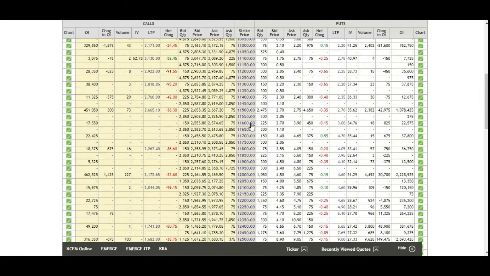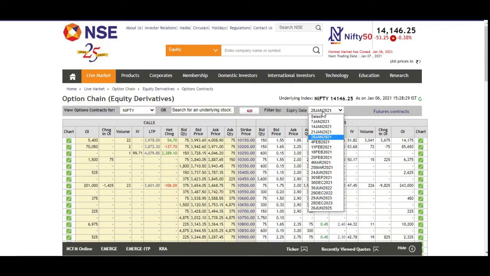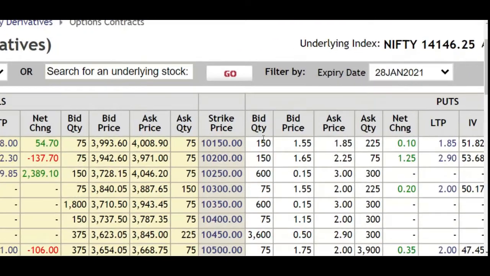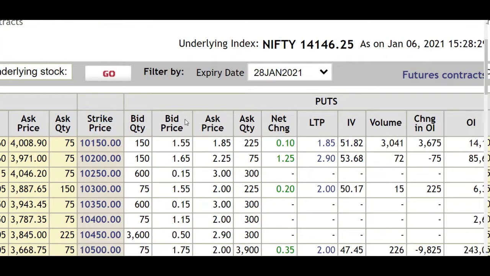Okay, so this is about the different expiries, and this is how the prices will be. If we have more time for the expiry, the premiums will be higher. So this is a strike price, and here we can see bid quantity, bid price, ask price. The ask price is the seller price, and ask quantity is how many quantities the seller is trying to sell, and net change, which is like how many